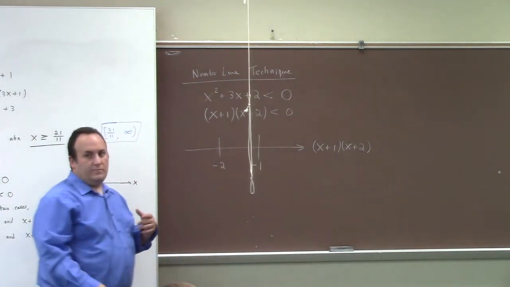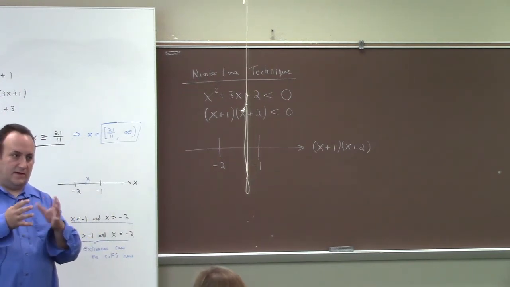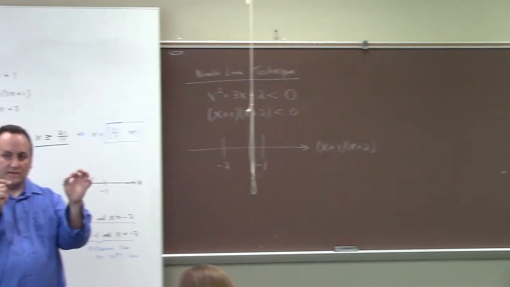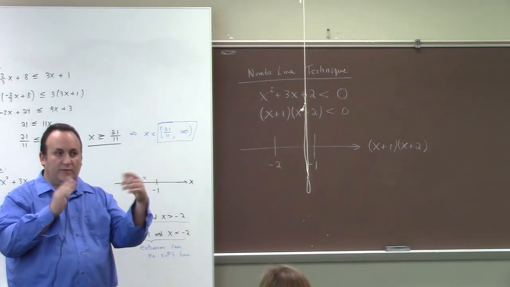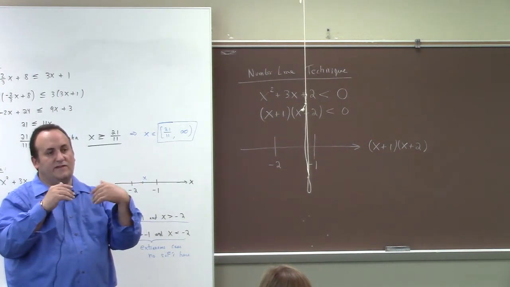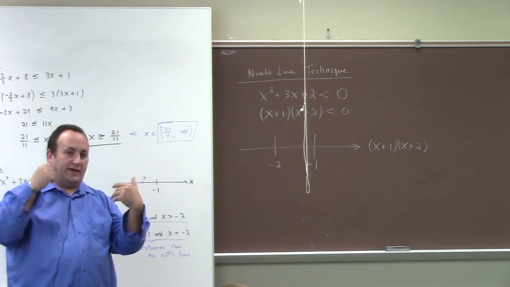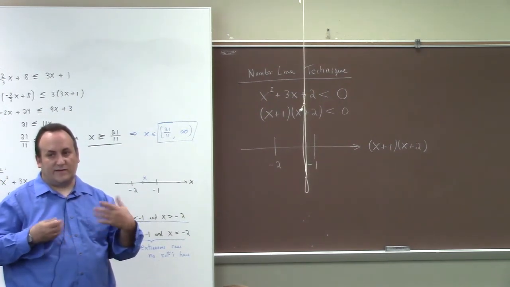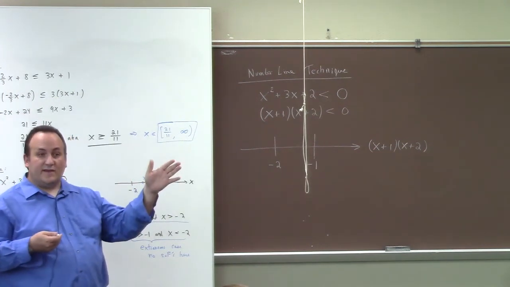Now, this is a polynomial, which means it is a continuous thing. But more to the point, it can only change signs when we cross a 0. When we look at other things, like rational expressions, we can basically only change signs either where we're going through 0, we have a hole in the graph, or we have a vertical asymptote. Those are the 3 things we have to watch out for in the expressions that we look at in this section. And so we just put those down on the number line, and we just have to test a point